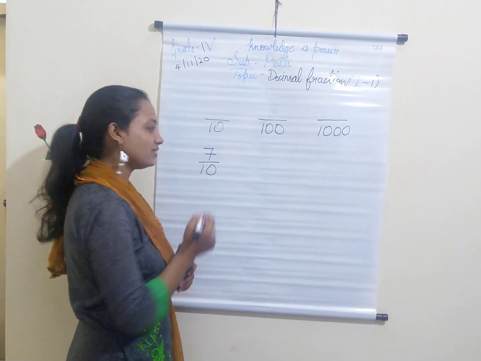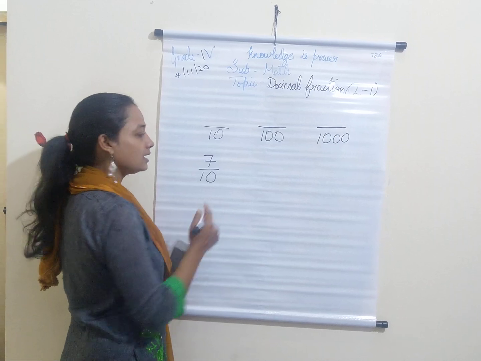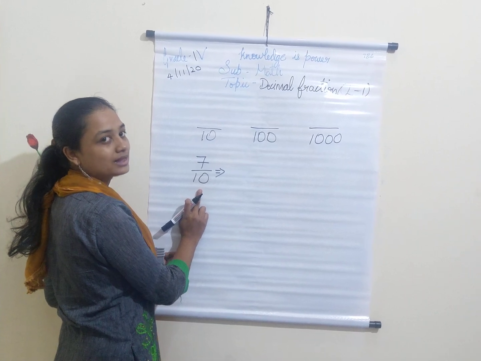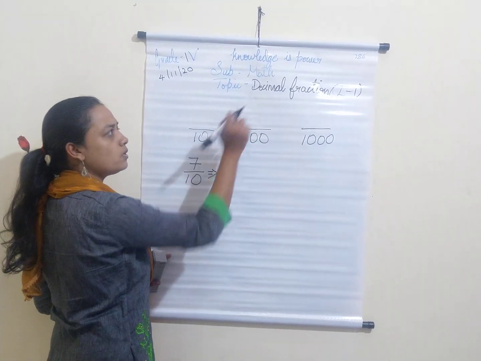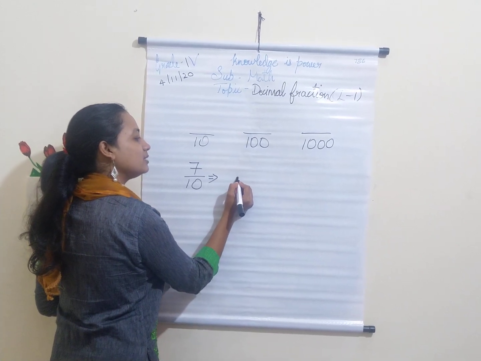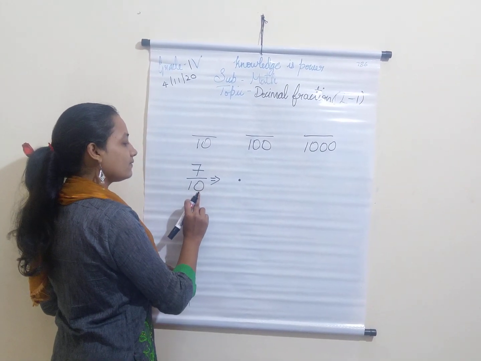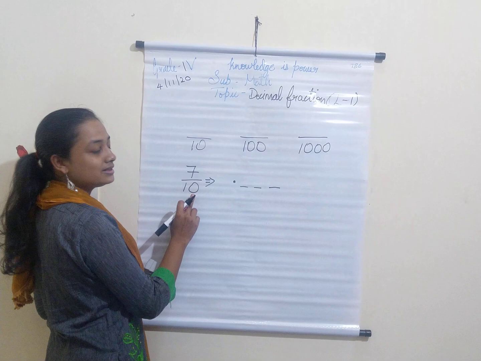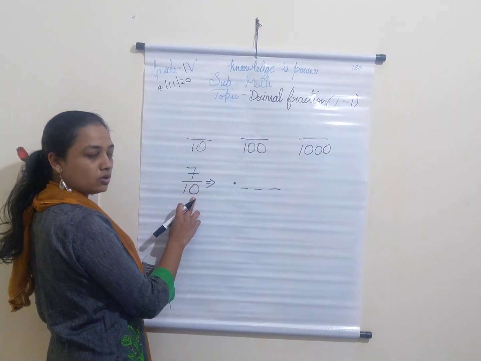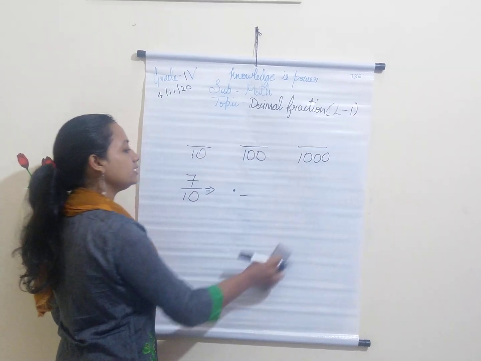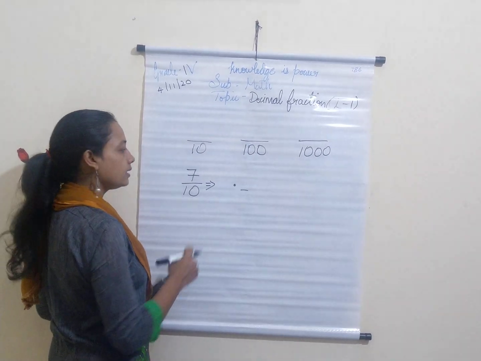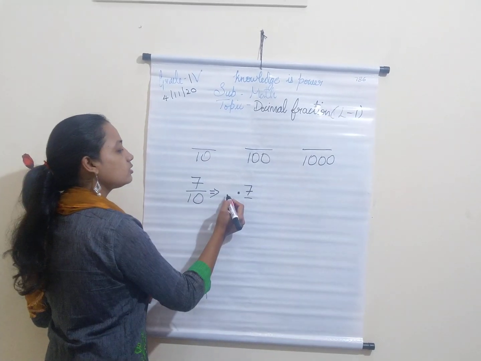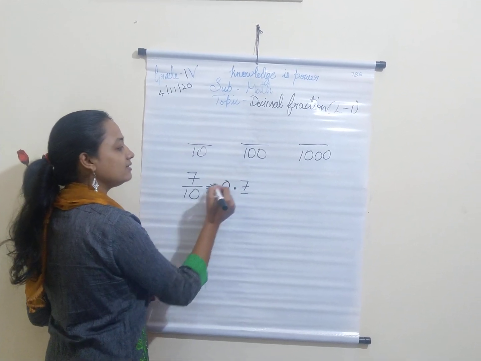Now how will I write this fraction in decimal form? We have to see the denominator 10. How many zeros does it have? It has only one zero. Therefore, you know what decimals are, means you should have a decimal point, right? After the decimal point, how many numbers you should have will be decided by this denominator. You have only one zero, that means after the decimal point, you should have only one number. So I have only one number here, that number I will place after the decimal point. If I don't have any number to place here, I am going to write 0.